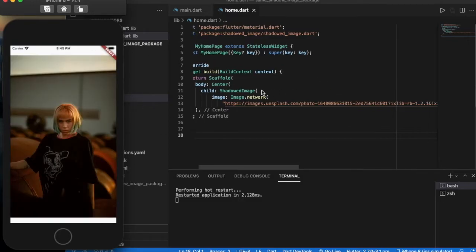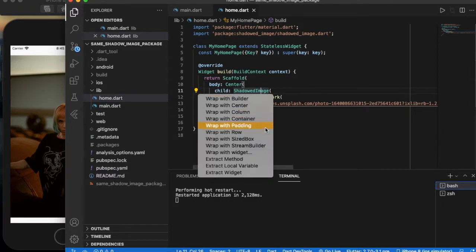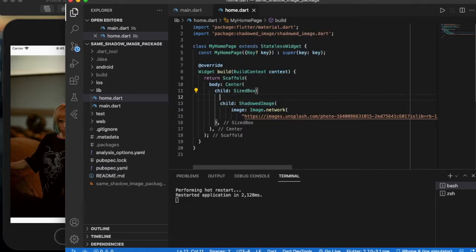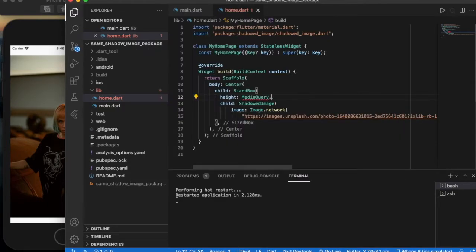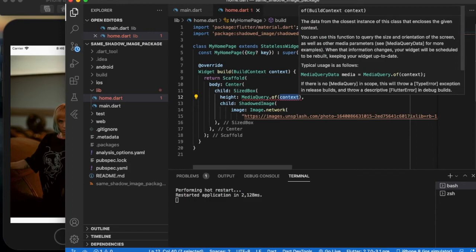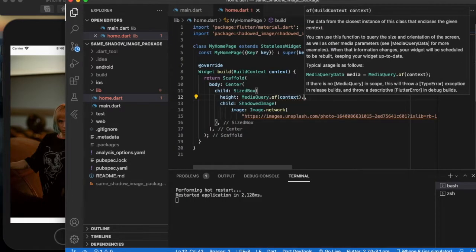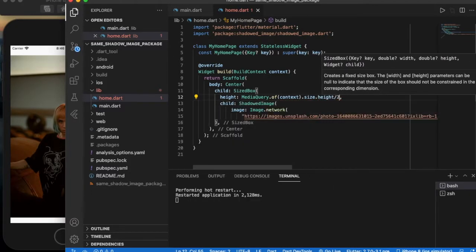Okay, here let me wrap this shadow image with a sized box of height half of the size of the screen. MediaQuery dot of context dot size dot height by 2,